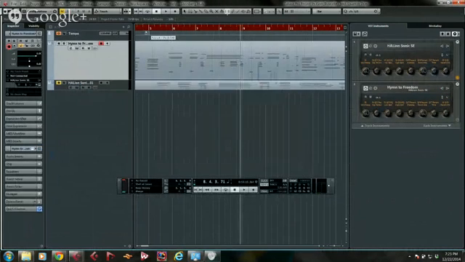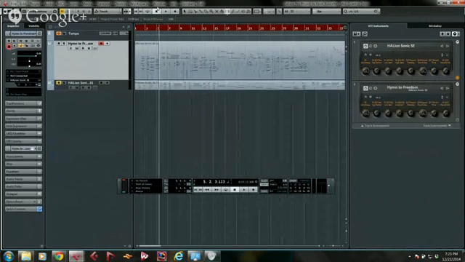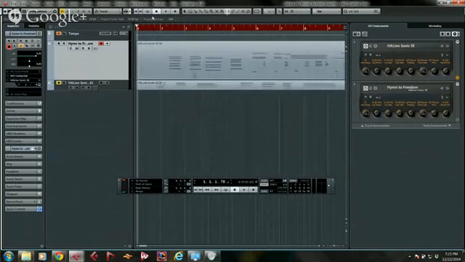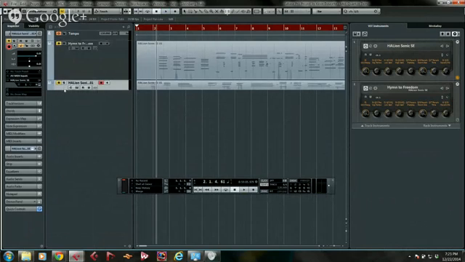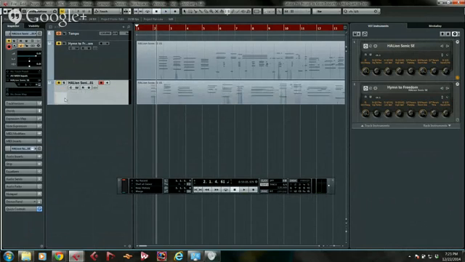So let's say I wanted to just listen to the piano part here. We'll listen to this one here, I think is maybe a better part to listen to. If we turn the click track on,